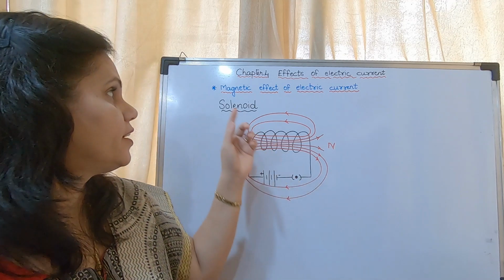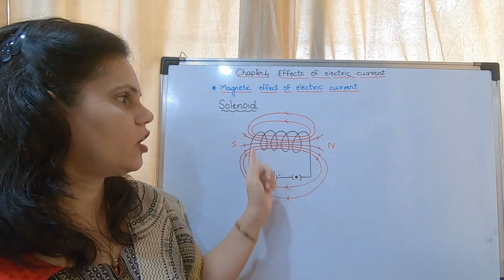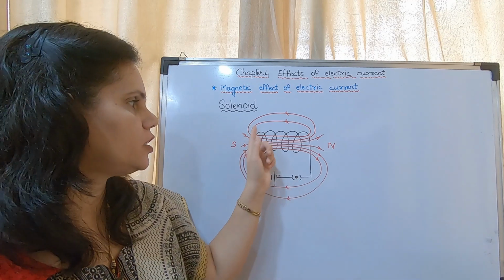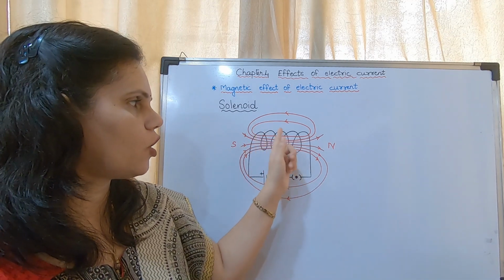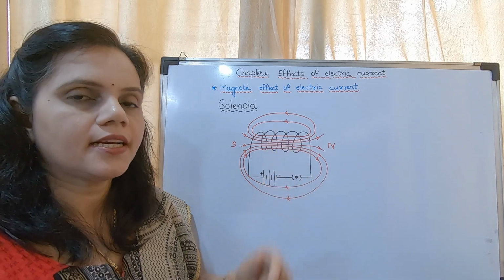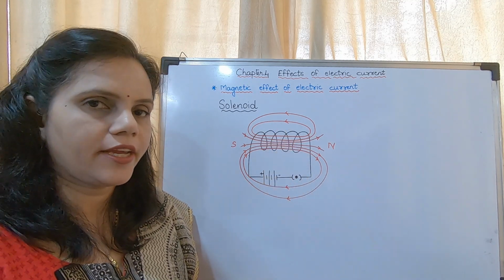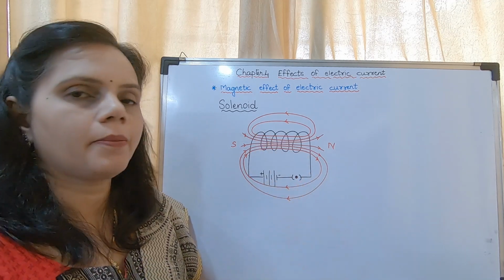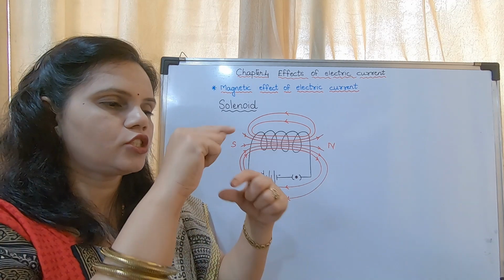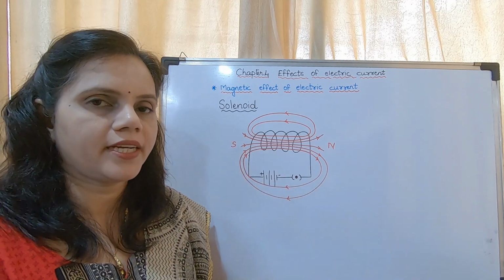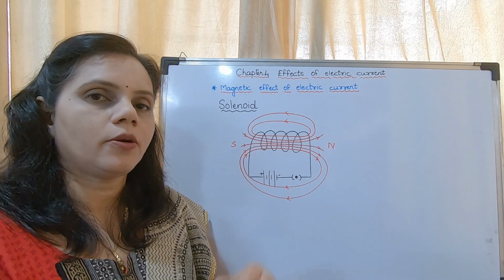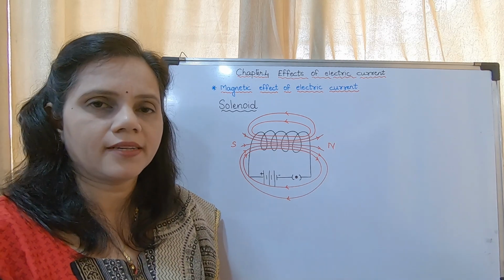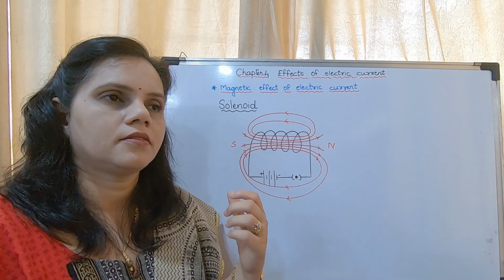Now the next is, when the current passes through a coiled loop, which is said to be a solenoid. Okay, when the copper wire are coiled in the form of several turns, then it is said to be a solenoid. This solenoid is connected to a cell and there is a plug key. Okay, so the wire is coiled in the form of a spring. You might have seen a spring in your ball pens.